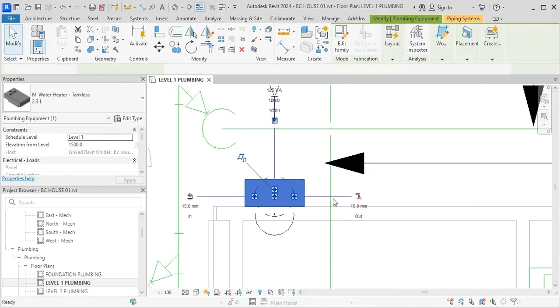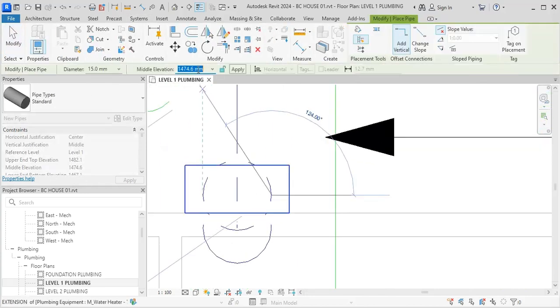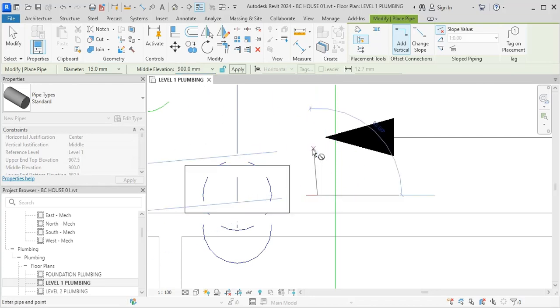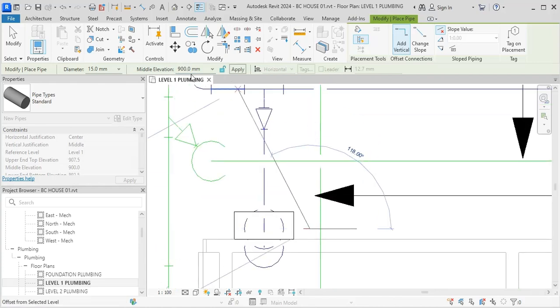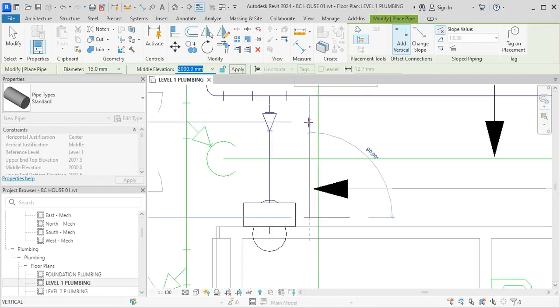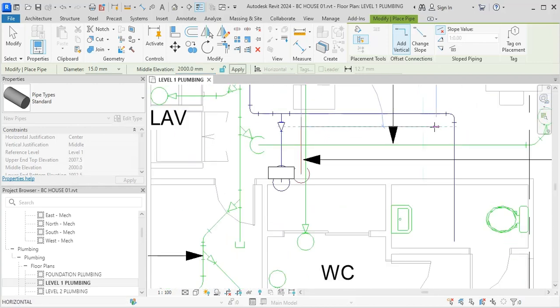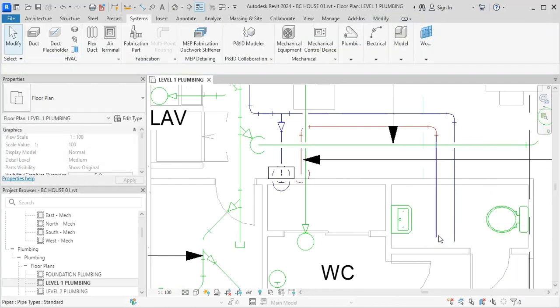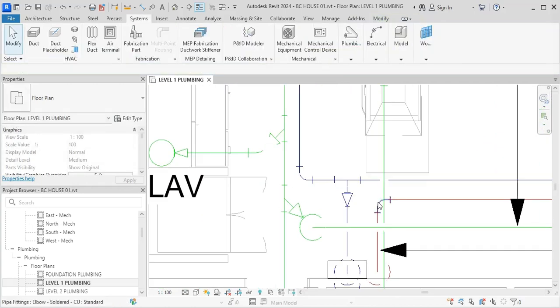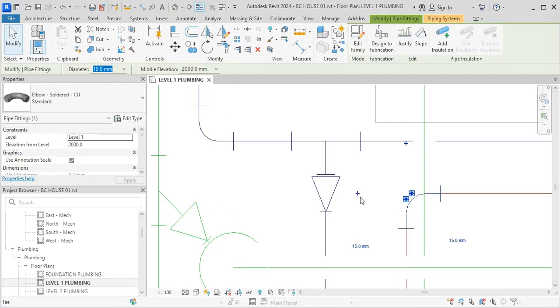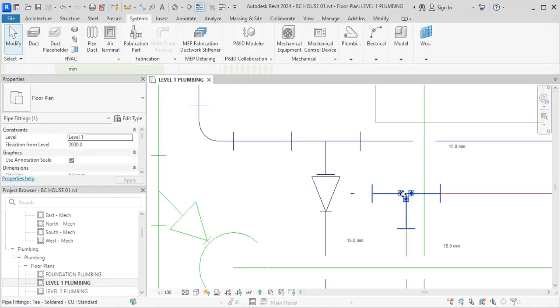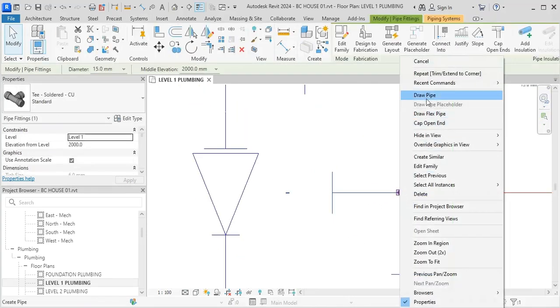I need it to go to the side, 500, did I say 900? 900, and click here. Then I want it to go up to 2000, and click here, click here, click here, and click on this elbow, then this plus sign in here, right click, draw pipe,